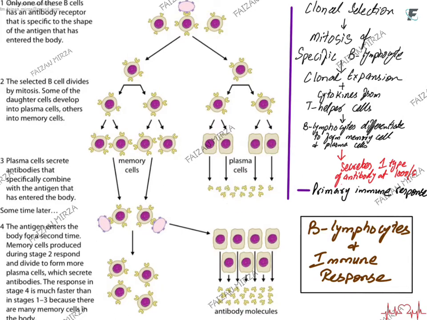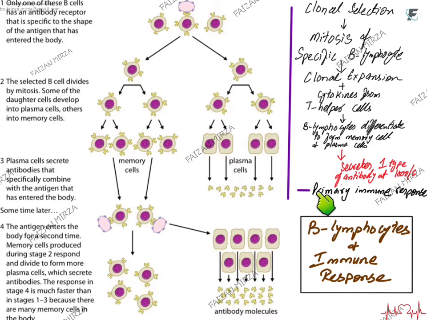They will go in the tissue fluid, obviously the lymph as well. So these antibody molecules will go and find the antigen wherever it is, and they will attach to those antigens, and using their constant region, they will then attach to the neutrophil, and the neutrophil will phagocytize this antigen and antibody complex together, so the pathogen will be cleared from the body.